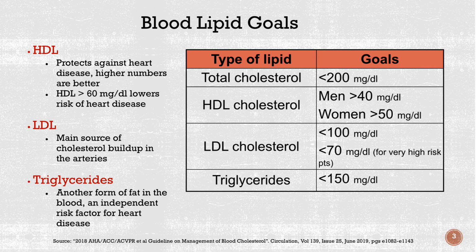We are considered at risk for heart disease if our HDL cholesterol is less than 40 milligrams per deciliter in men or less than 50 milligrams per deciliter in women. Women tend to have higher HDL levels. That's why there's a difference in the goals here. If our HDL level is above 60 milligrams per deciliter, that's considered desirable and it almost has a protective